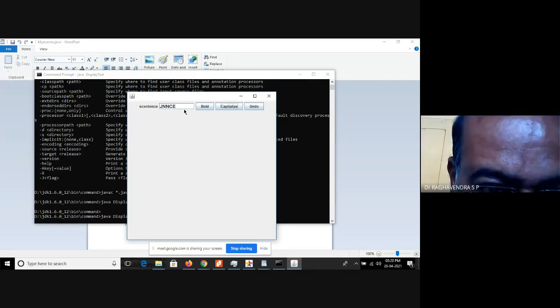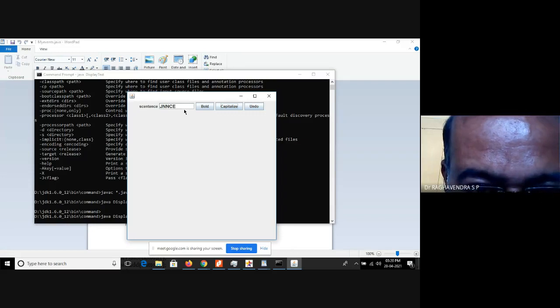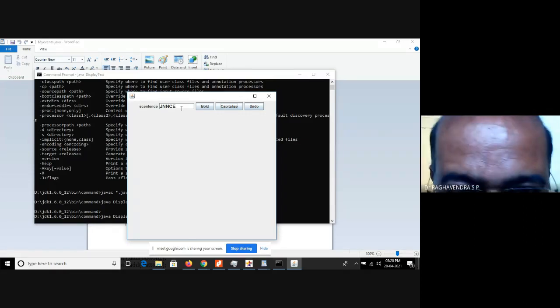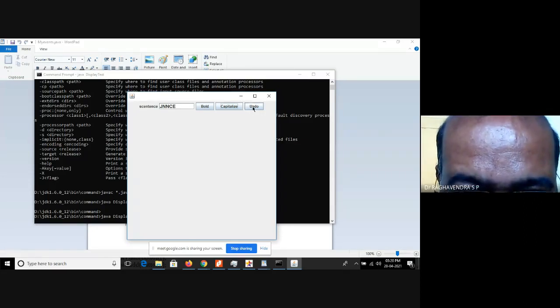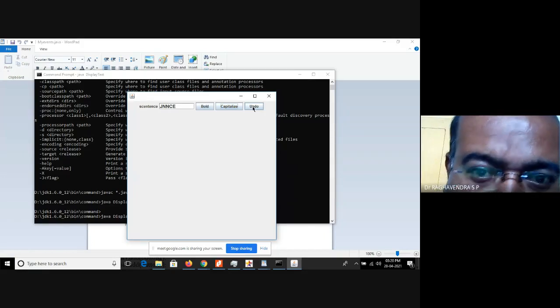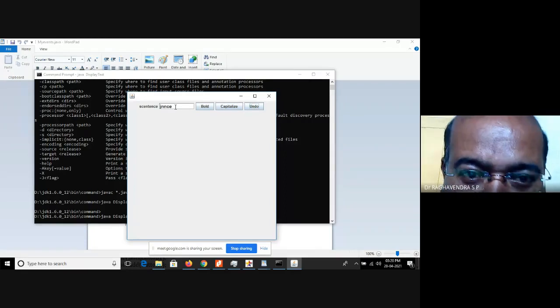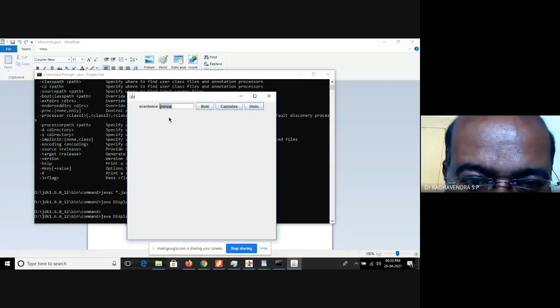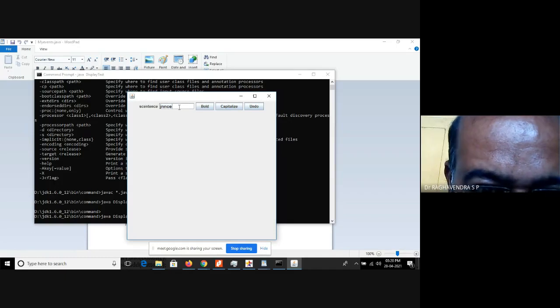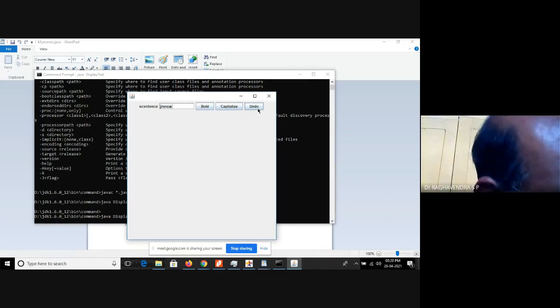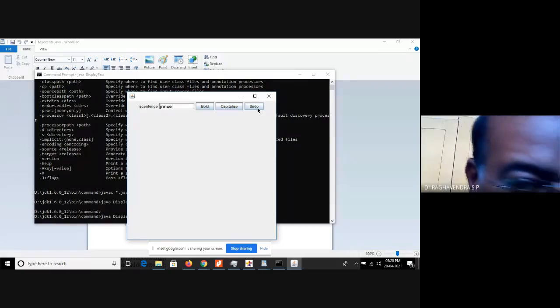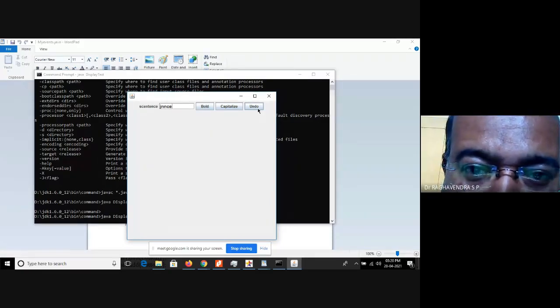Not understanding? If I click on undo, see here, everyone, the capitalize effect will be nullified. So it goes back to which state now? So this is lower case. Once again, if I click on undo, what happens? Lower case only. It becomes normal case, bold is nullified, it goes back to normal.